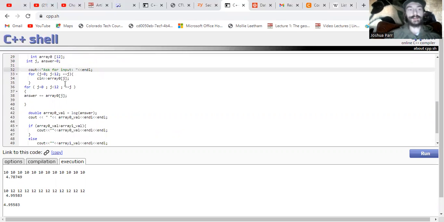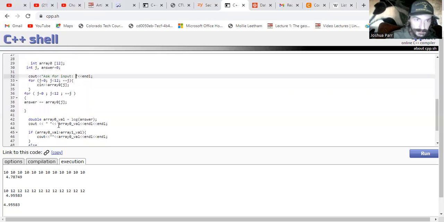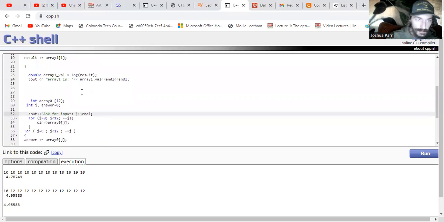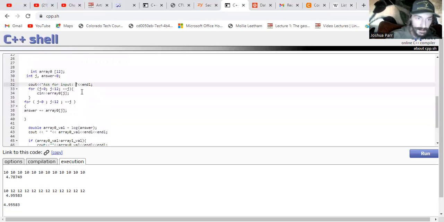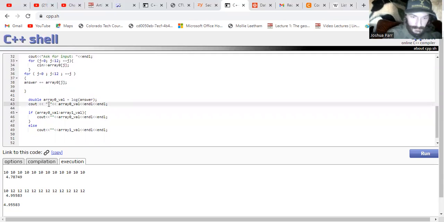I have a new initializer here and a new result, which I named answer instead of result, and I named j instead of i. j is the new counter for these for loops. And then the new array is array0, same deal, 12 elements. I'm just kind of filling in my, so why are we missing that? Oh, we're not. Okay. This will say array0 is